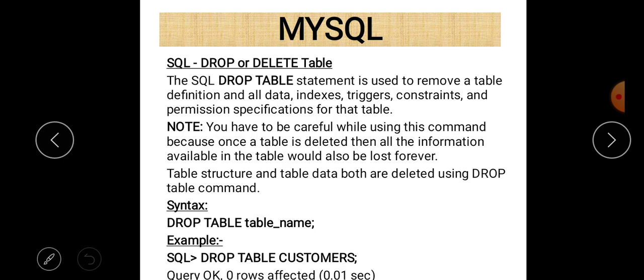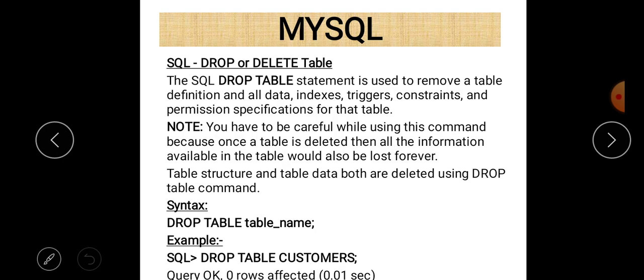First of all, let us talk about the drop table command. If you write drop table and then the table name, that table will be entirely deleted from your database, and after that no table will exist when you use drop table. It means that the entire structure of the table will be deleted, plus the data contained in the table will also be deleted.